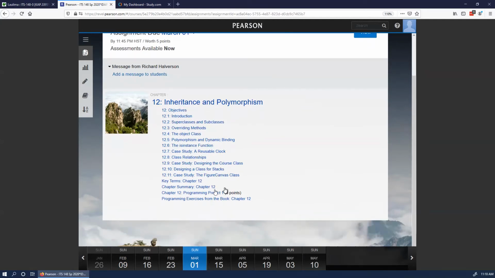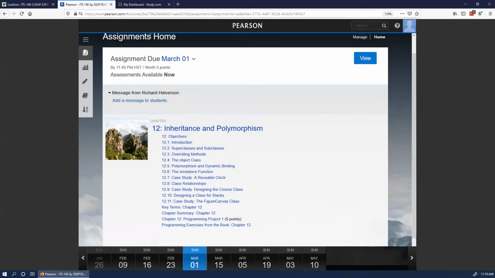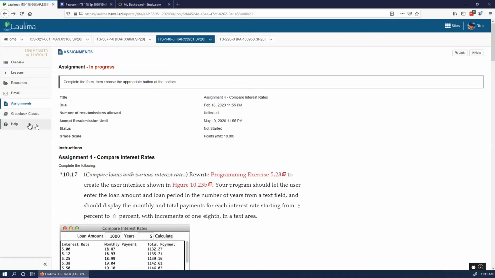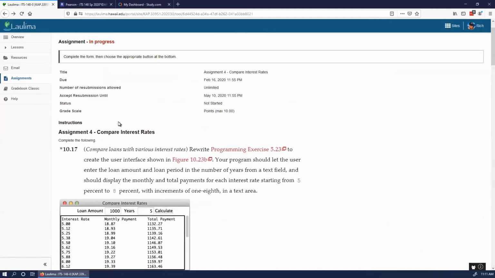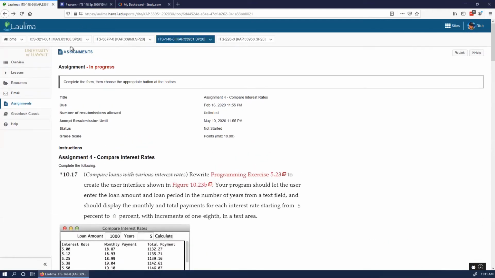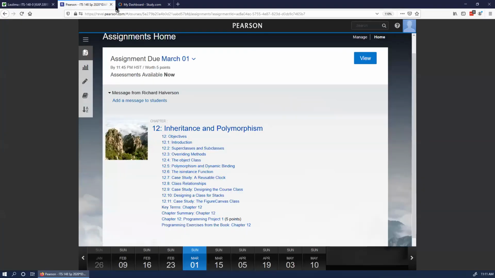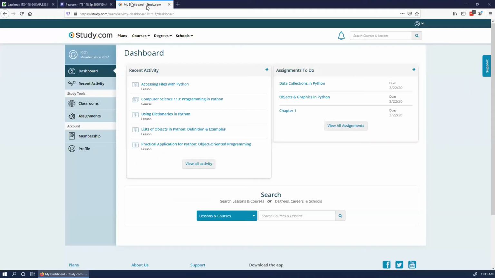And in chapter 12, there's a project there that I've assigned, and if you are using this Pearson thing, you can submit it there. Otherwise, you just submit it in La Lima. I'm not sure which one that is, but oh, look, it's this one. Anyway, all right, so that's Pearson, and